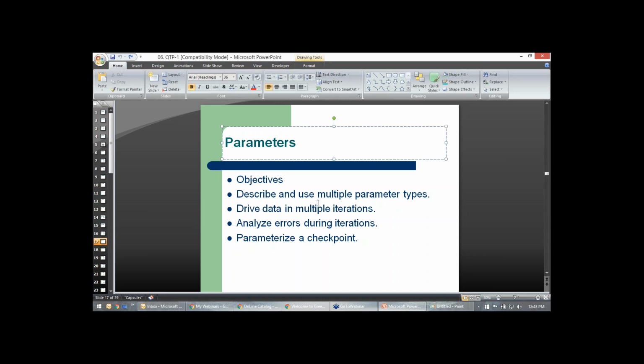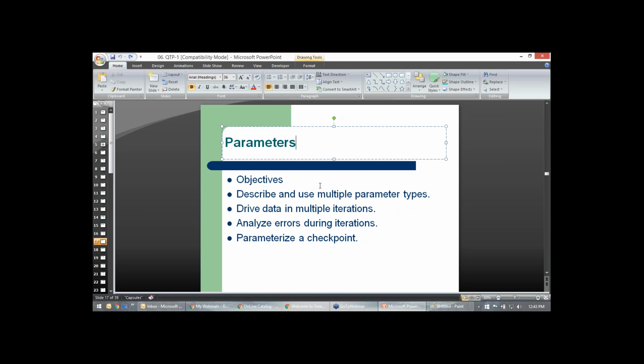Okay. So a parameter, in layman's language, is a variable. That means it varies. Sometimes the value was 1, now its value is 2. So you want to keep on increasing the value: 1, 2, 3, 4, and so on. That's why you use parameters. They are useful when you want to run something in an iteration, a loop. You run it adding one value, run it again with a second value, third value, fourth value, fifth value, and so on. So that's why you use parameters.